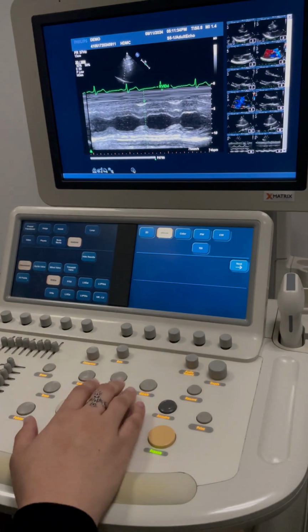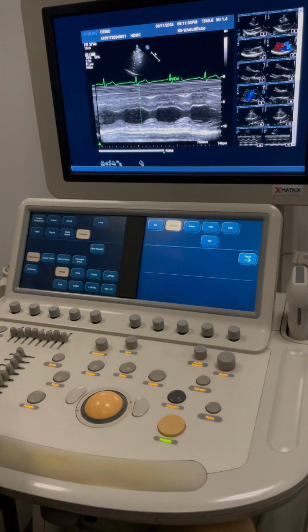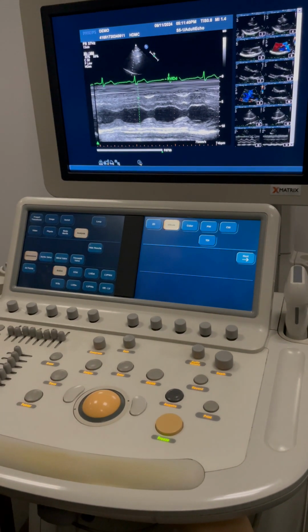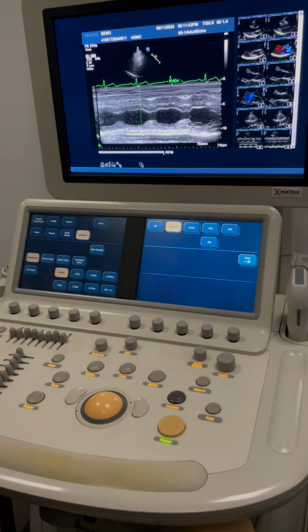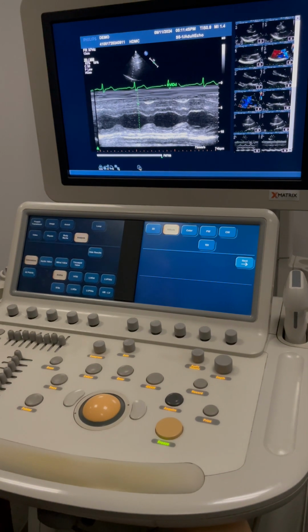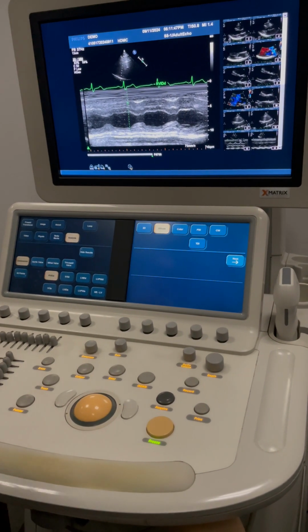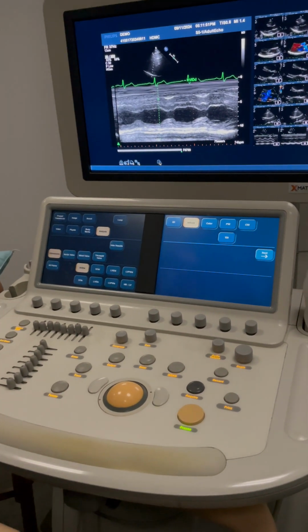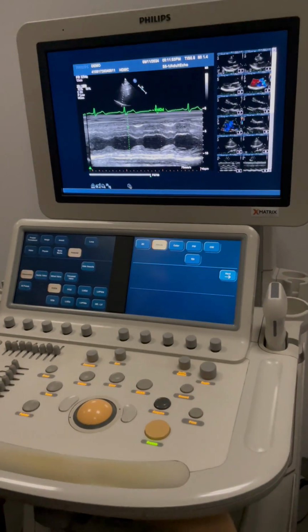You're going to measure your RVID again. Pretty much everything that you just measured in 2D, you're going to do it again in the M mode. Typically, in the long axis, you're only going to do one EF. So either you'll measure it in 2D or you'll measure it in M mode. Your protocol, we're just teaching you different ways of doing it. Your lab exams, you'll do your EFs in 2D, but for your senior exit protocol, you're going to do them